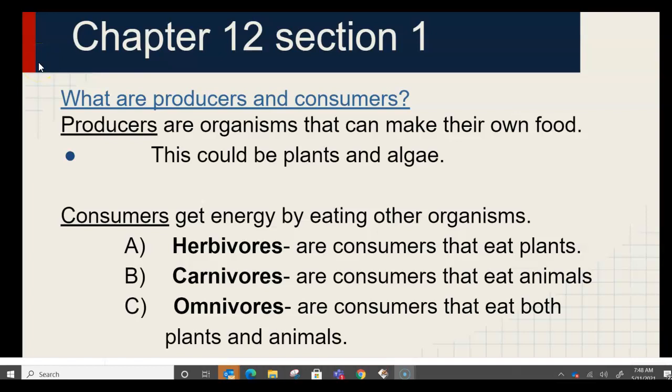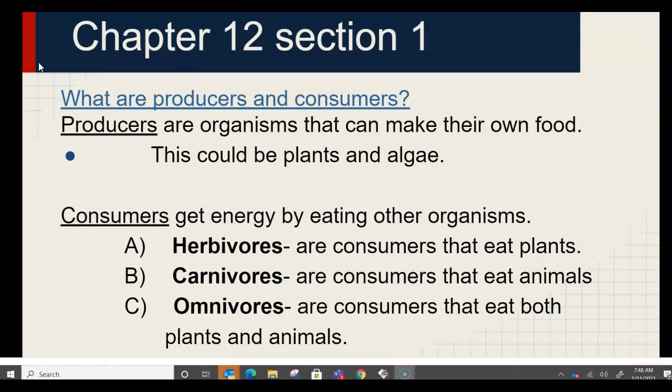Consumers like us have to eat other organisms. So, you guys talked about your polar bears and things in the tundra. Those are consumers. Now, a polar bear can eat both plants and animals, although most polar bears really eat seals and fish. The bears that we have here in Pennsylvania eat a lot of plants, grubs, and then whatever types of animals they can catch, fawns, deer, small animals of that nature.